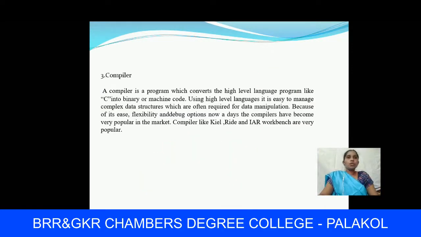So what is meant by a compiler? A compiler is a program which converts a high level language program like C into binary or machine code. Using a high level language, it is easy to manage complex data structures, which are often required for data manipulation.